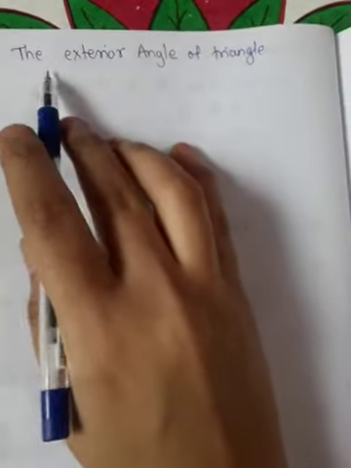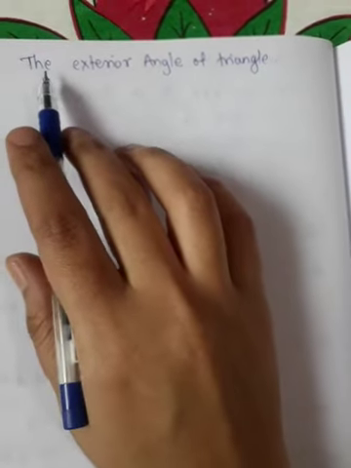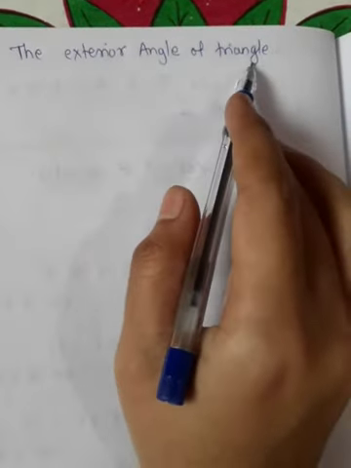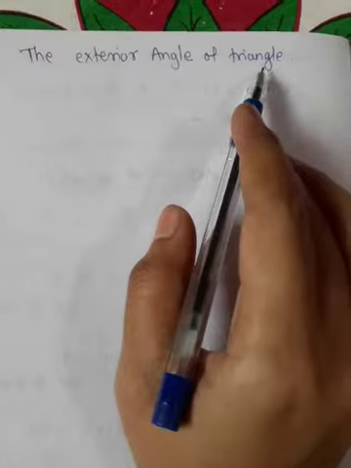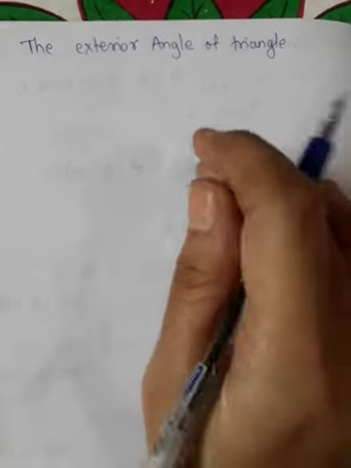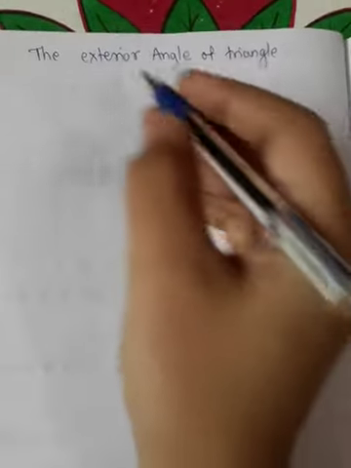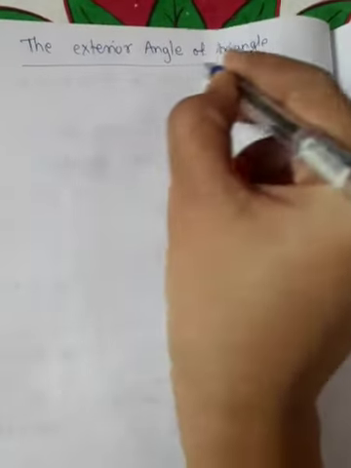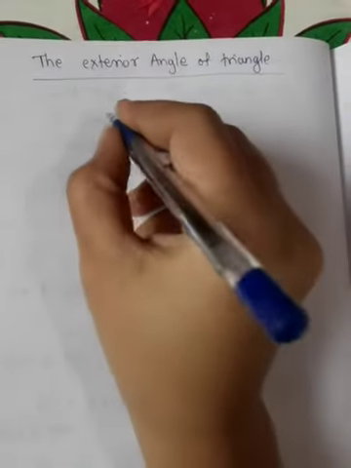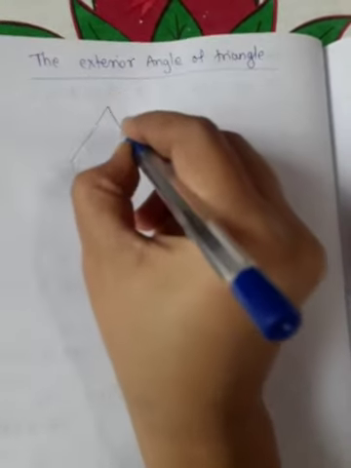In today's lecture we will discuss the exterior angle of a triangle. In the previous lecture we discussed the interior angles of a polygon. Now we discuss the exterior angle of a triangle. So first draw a triangle